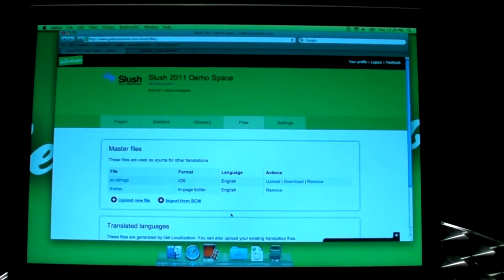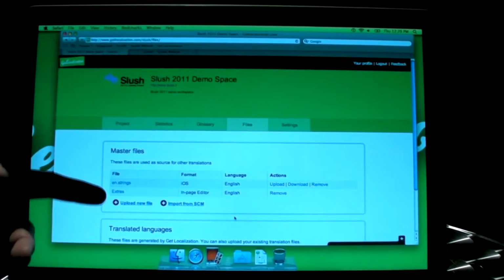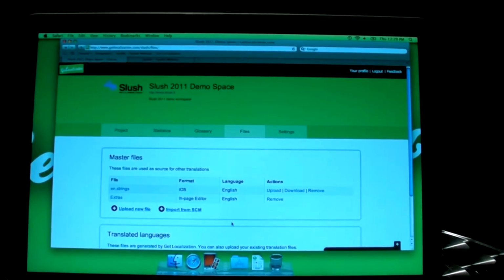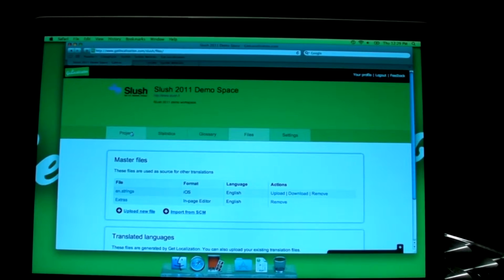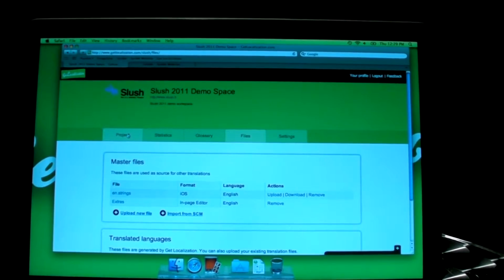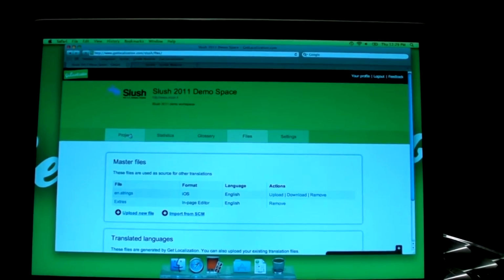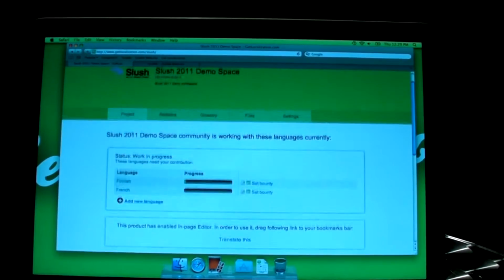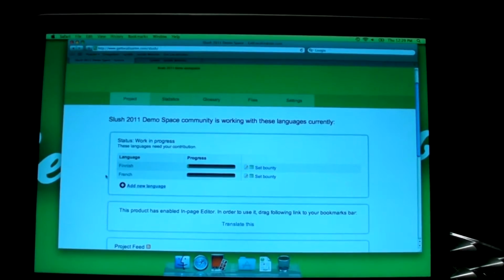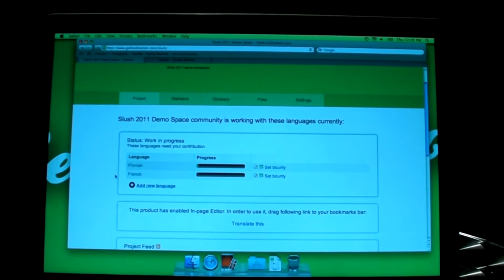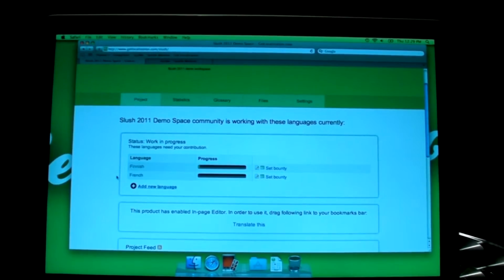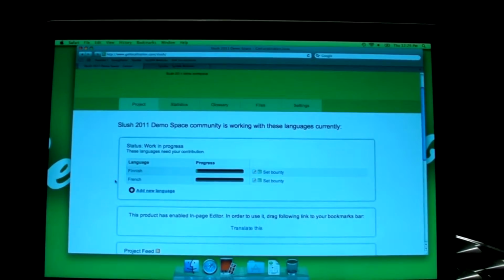You upload them to our system. You can see them here, a couple of sample files. And when you've done that, your project is ready for translation. Here, in our demo project, we have Finnish and French as examples. And the translators, well, they can be professional translators, they can be your employees, you yourself, or they can be